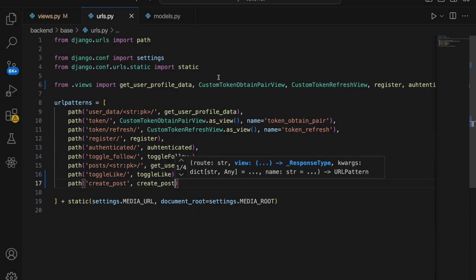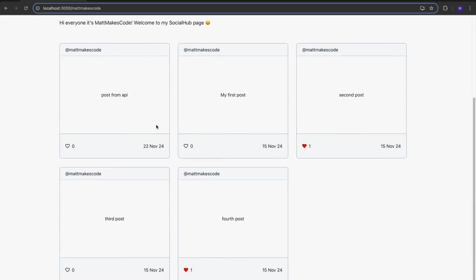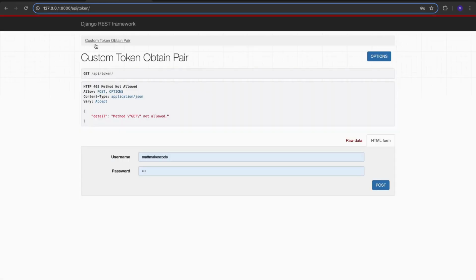Just like that. Okay. So we've got our route. Now we can go to our browser, so you can see these are my posts. Now we need to log in first, as we need to be authenticated, so we'll have those tokens in our cookies. So we log in, we've got success is true,